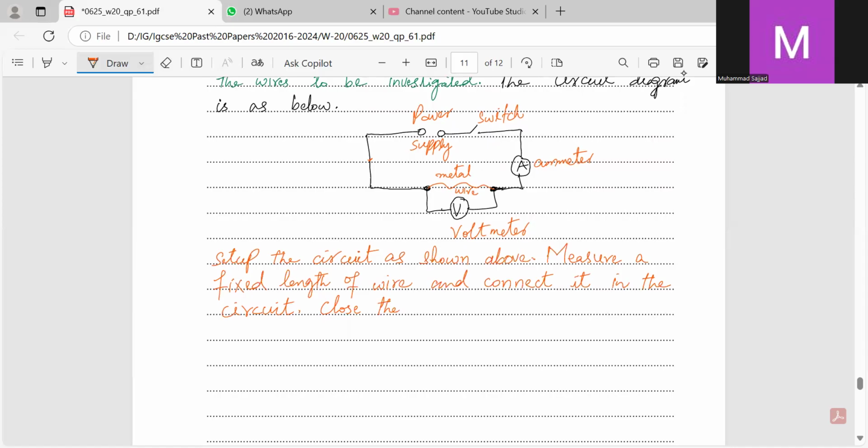Close the switch. Close the switch means turn on the current. Close the switch and